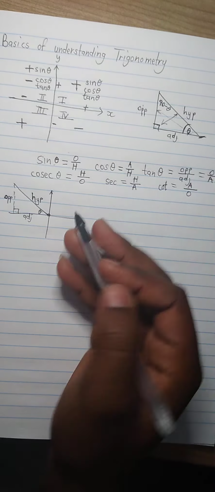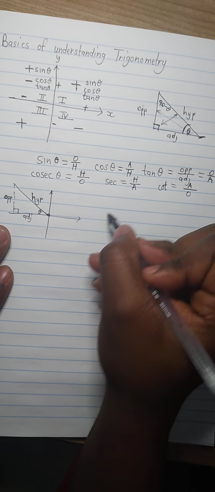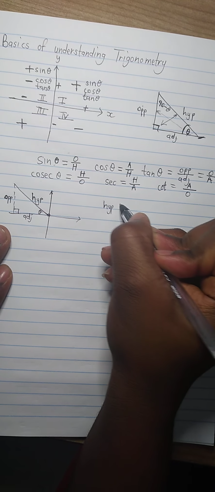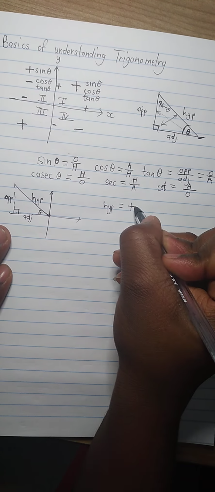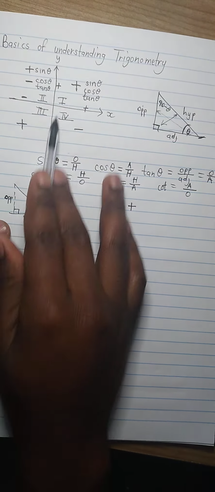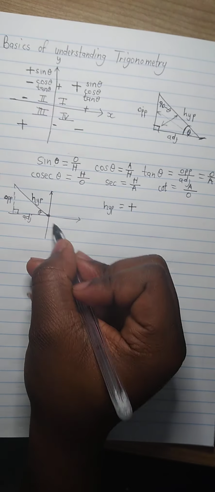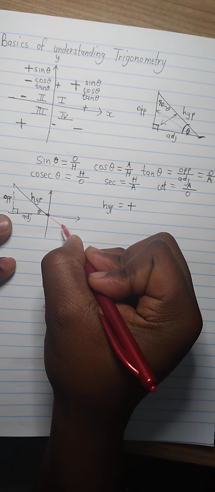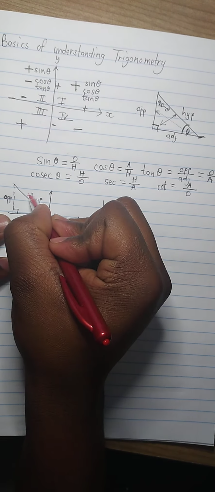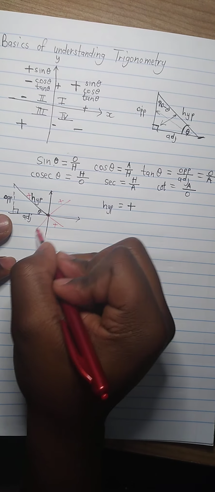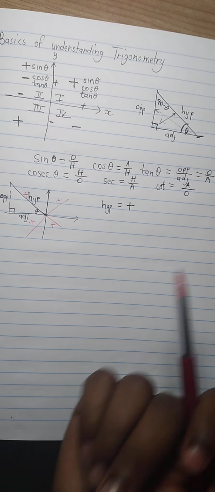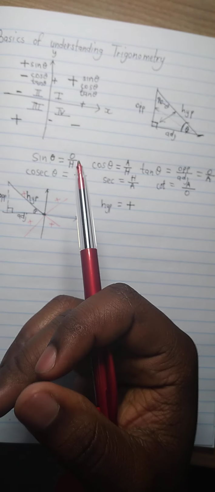So what it basically means is that the hypotenuse, bear this in mind, is always positive. It doesn't matter which quadrant it's in. Maybe it's in this quadrant, the hypotenuse will still remain positive. Also here it will remain positive. Everything, it will remain positive, right? The basic explanation to why it is always positive is that